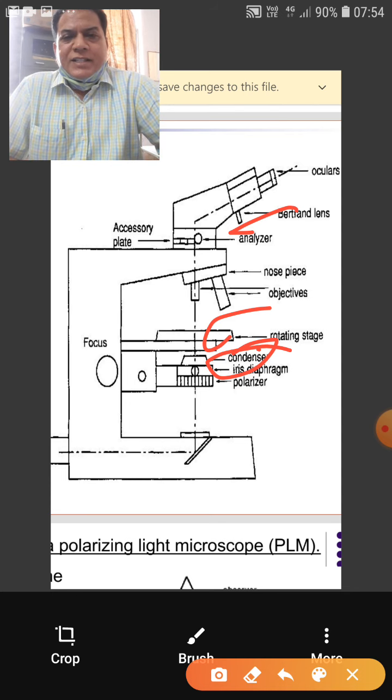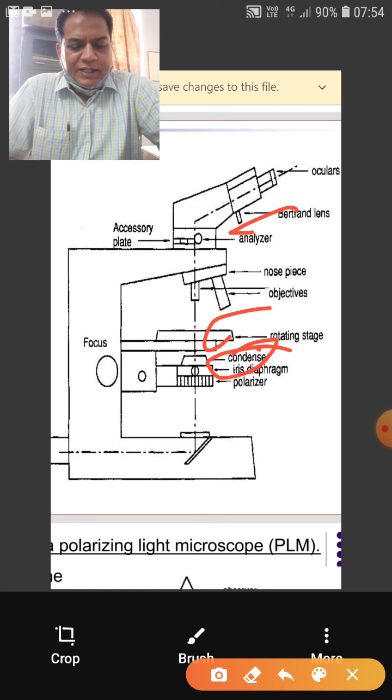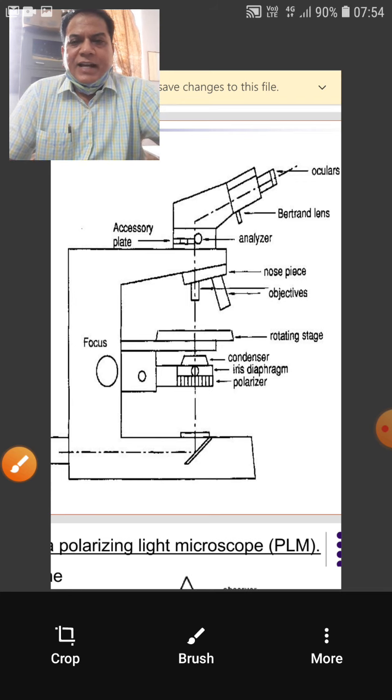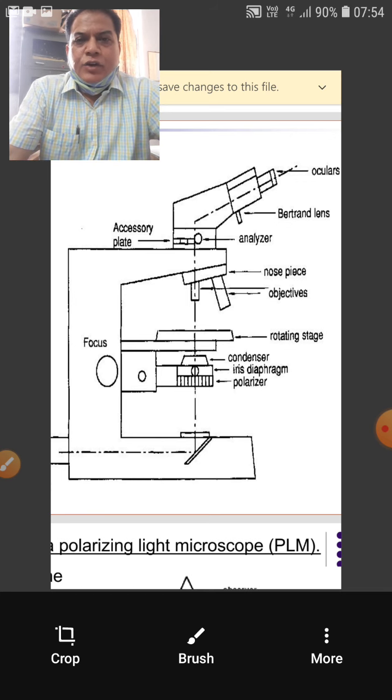Now in general, if you classify the minerals, the optical classification of minerals, they are broadly categorized into two categories, that is isotropic and anisotropic. The minerals of the cubic system are isotropic, whereas the rest are anisotropic. Further, in anisotropic, the minerals of tetragonal and hexagonal system are uniaxial, whereas the minerals of orthorhombic, monoclinic, triclinic are biaxial. Then further we determine the optic sign, positive or negative, on the basis of their ordinary and extraordinary vibrations.